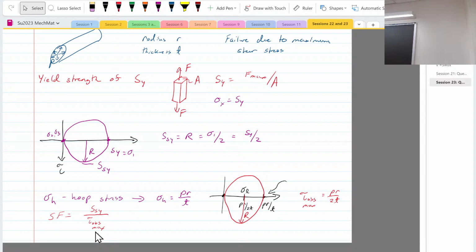Yeah, makes sense. I can see it now. Okay, if you were to yield strength, that's... That and then you